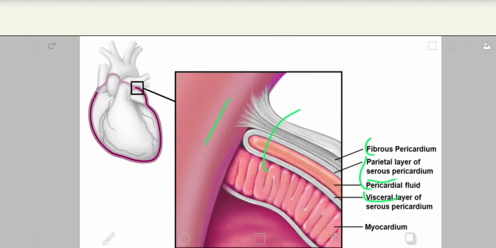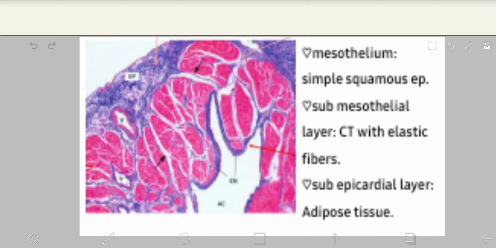And between the 2 layers of the serous pericardium, so between the parietal layer and the visceral one, we have this cavity, which is a very, very thin cavity. It's called the pericardial cavity, and it contains a small amount of serous liquid or fluid that allows the sliding of the heart when it contracts. So yeah. So now let's look at the histological structure of the